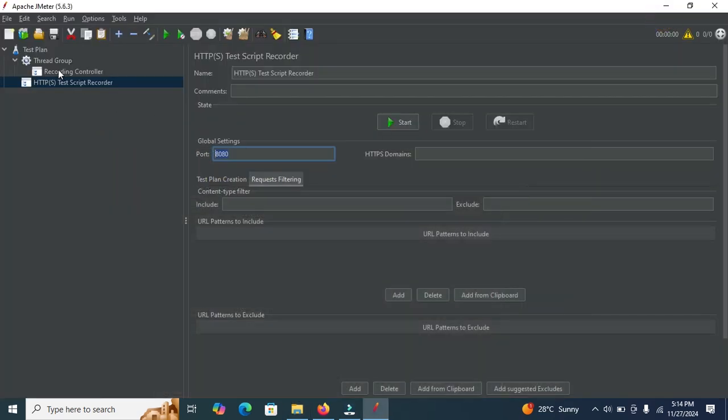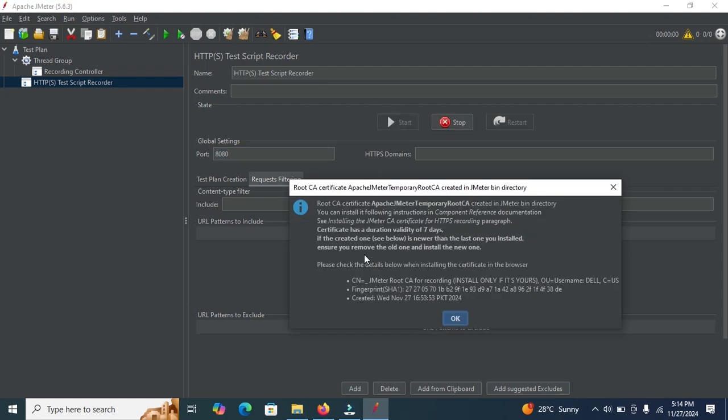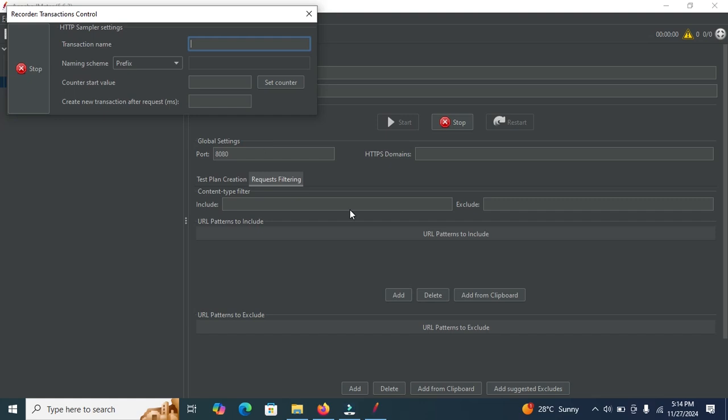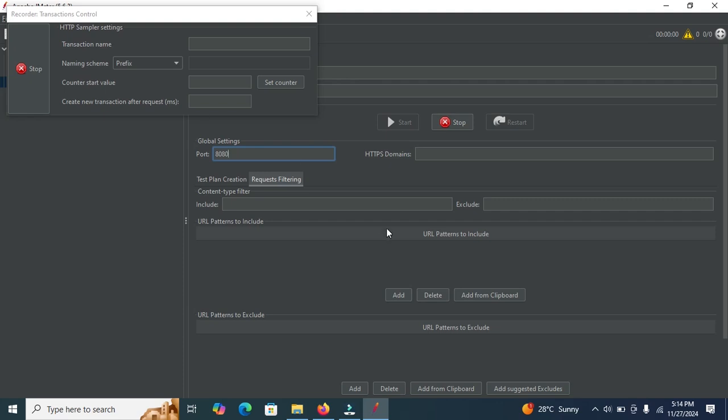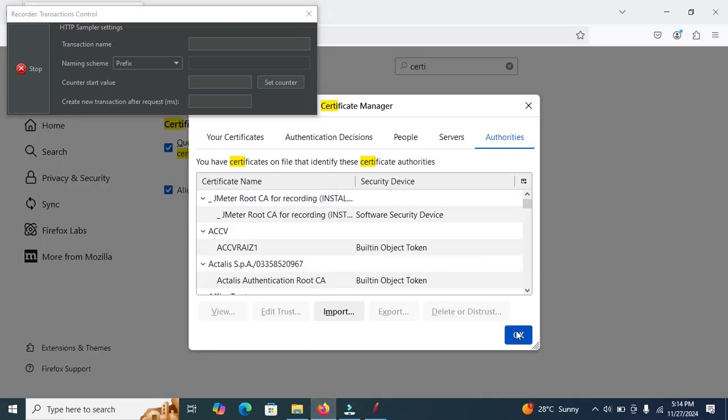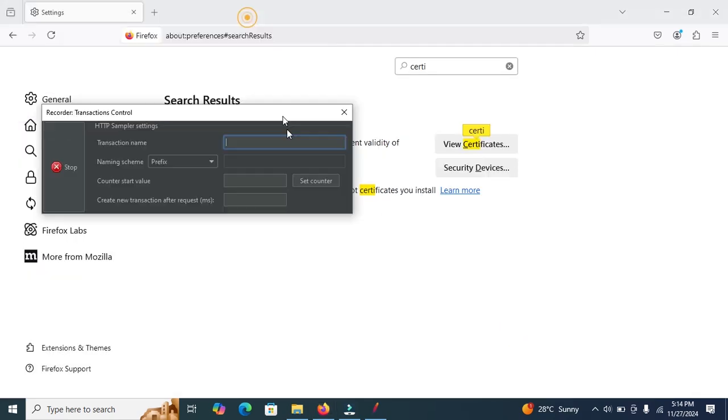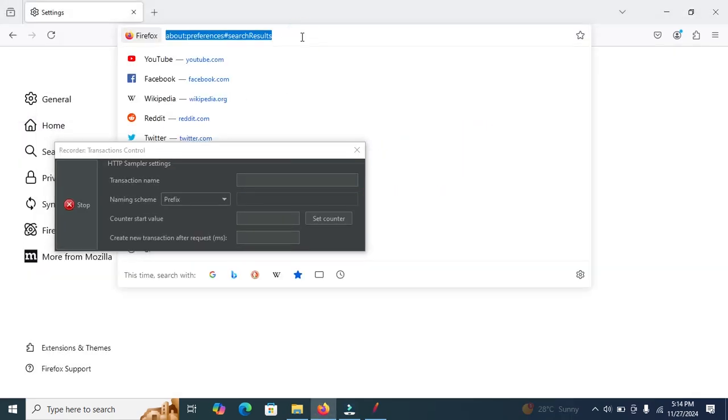So let's click on this start. After click on this start, it will ask for your root CA certificate Apache JMeter temporary. You can view the certificate generated here after running script from this start. Now you can record from Firefox, click on this OK,